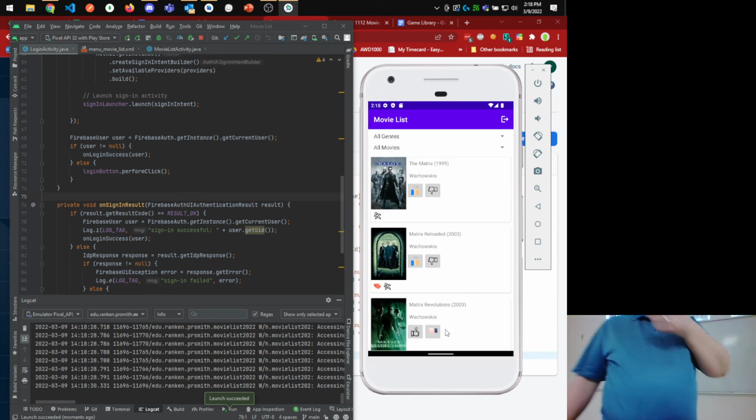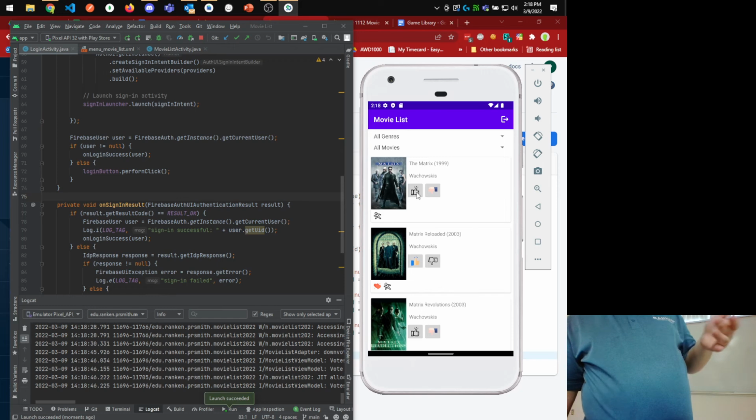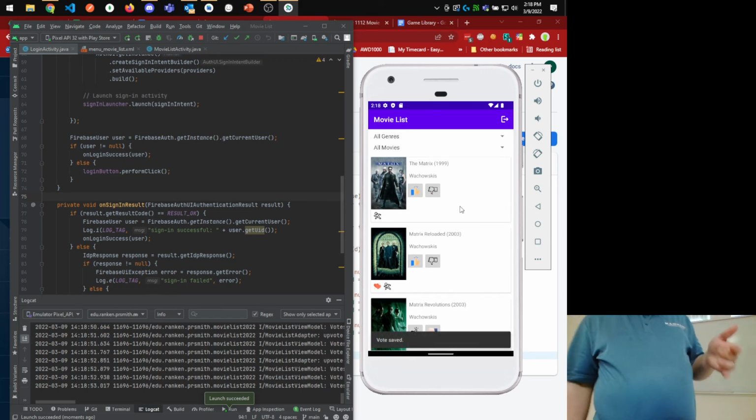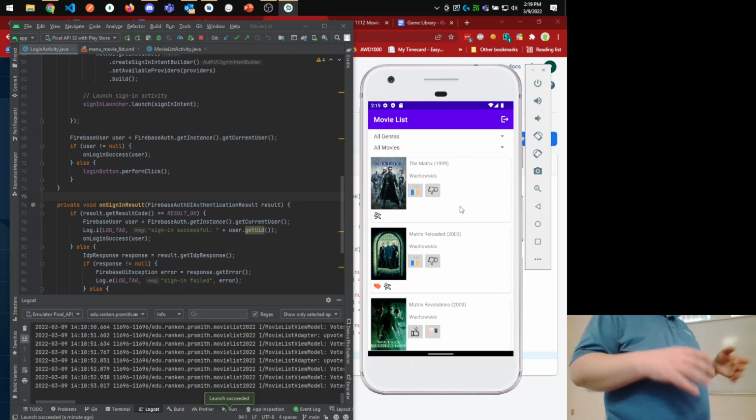And I can also try to edit those, so I can try to cast a downvote that would trigger an update, and that update's going through, or I can delete, I can add. So all three of those operations are working as I expect them to. Cool? So let me do a little bit of testing to show you what happens when